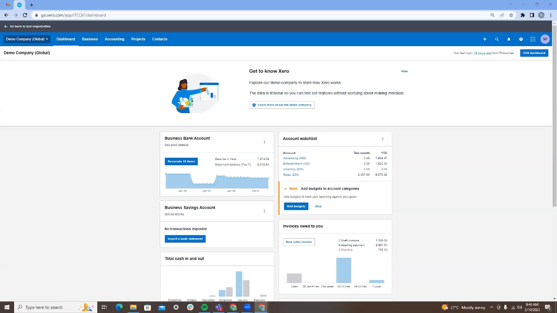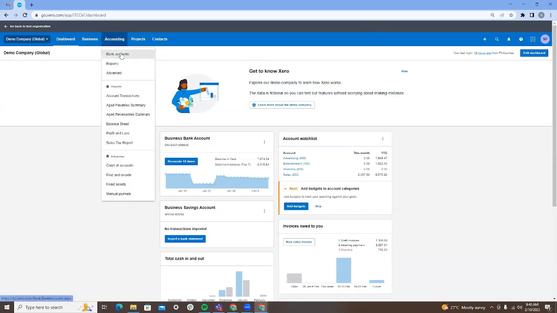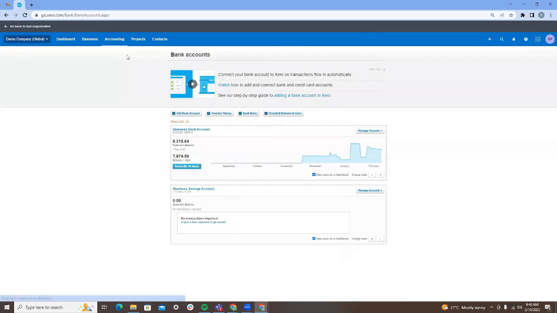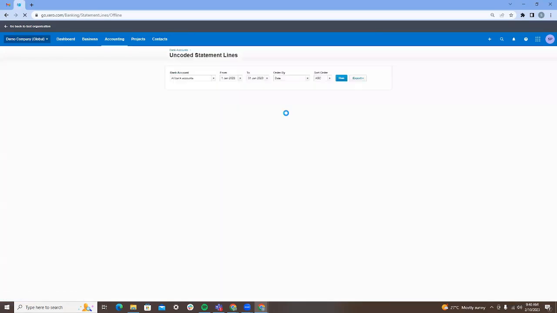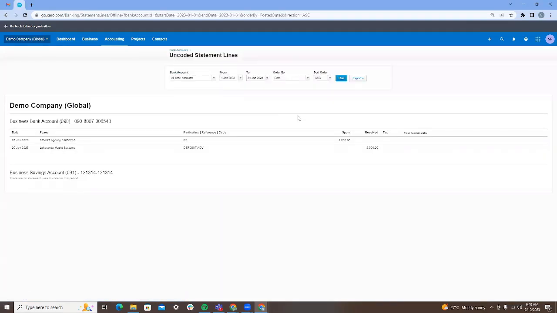You have to go to the accounting menu, then bank accounts, and then click uncoded statement lines. Here you can show all bank accounts or just a particular account that you know still has unreconciled items.